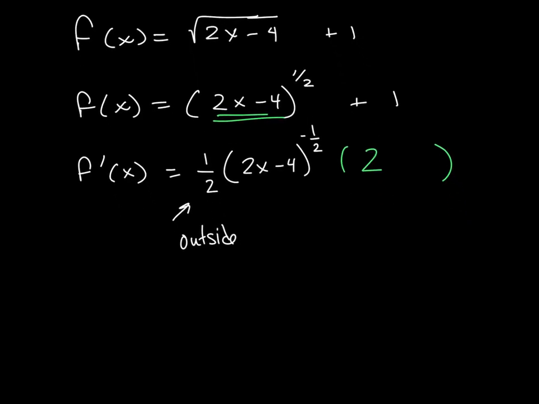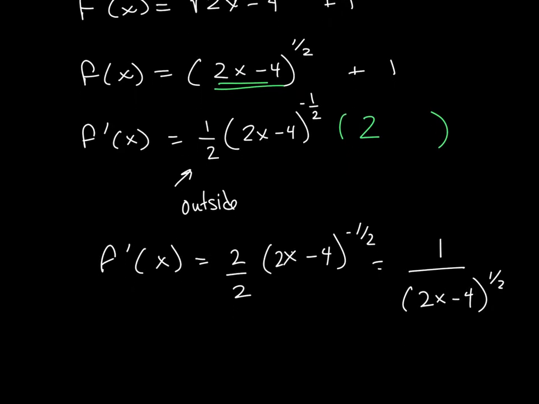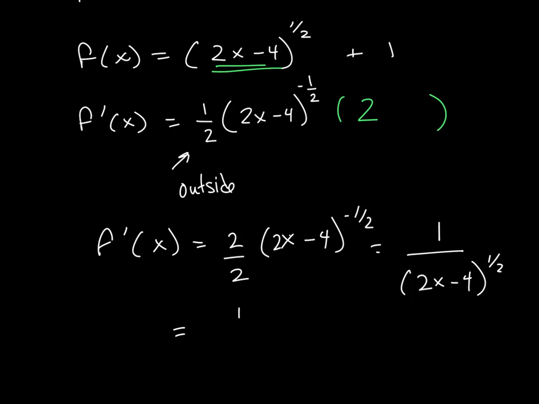So what I'm left with here is that the derivative of my function is equal to the 2 over 2 times my 2x minus 4 to the negative 1/2. That becomes 1, and I turn that exponent into a positive to make it a positive 1/2, or 1 over the square root of 2x minus